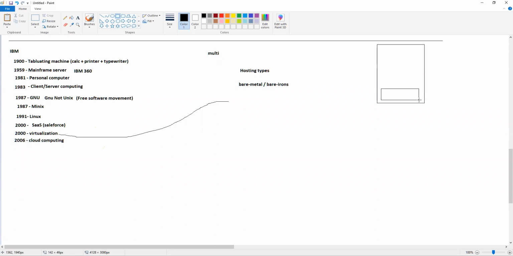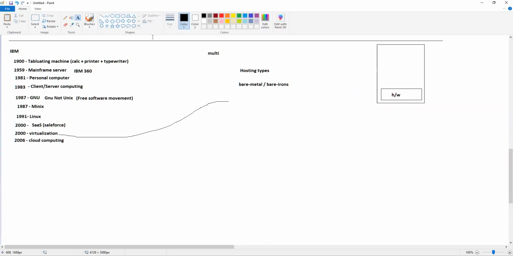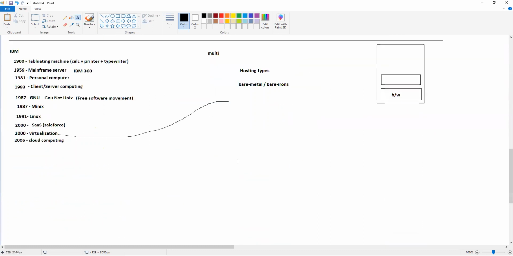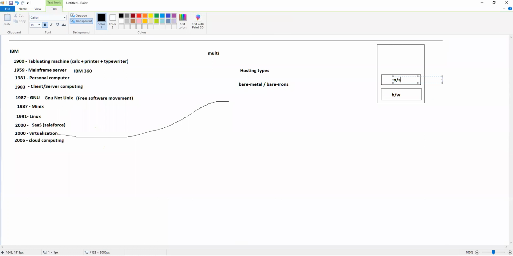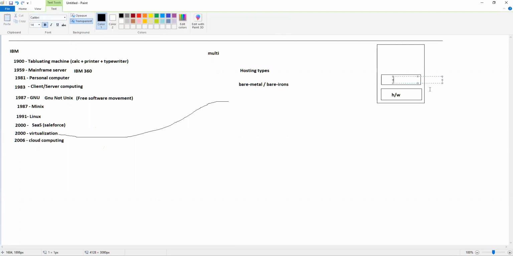So basically, you have hardware, and on top of hardware, we have the operating system. And again, we know the different types of server operating systems, right? We've already seen those. We're going to have the OS. I mean, you have the kernel in between, but let's just make it OS only.